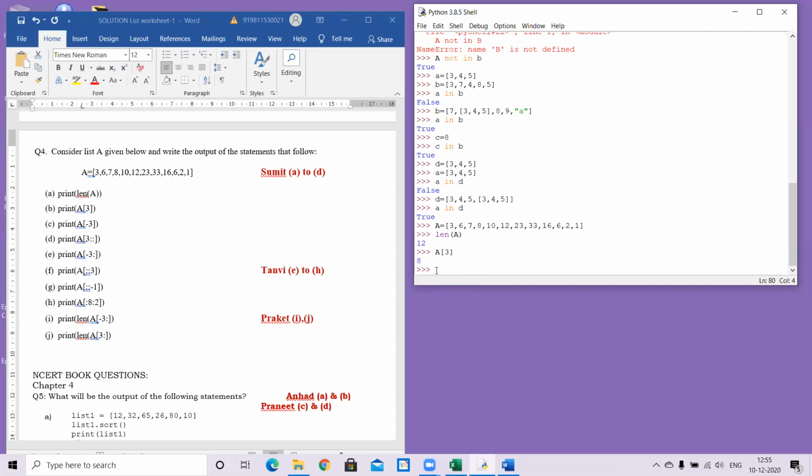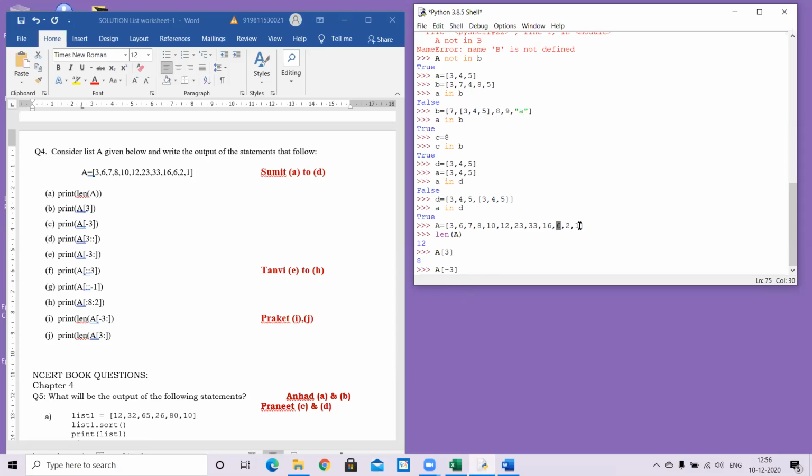Ma'am, for -3, it will come from the back. It will be -1, -2, -3. Ma'am, it will be 6. Yeah, right. So this way also, minus indexes start from the right hand side. This is -1, then this is -2, and this is -3. Ma'am, it should be 16.